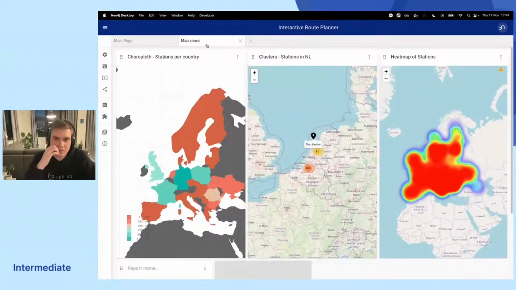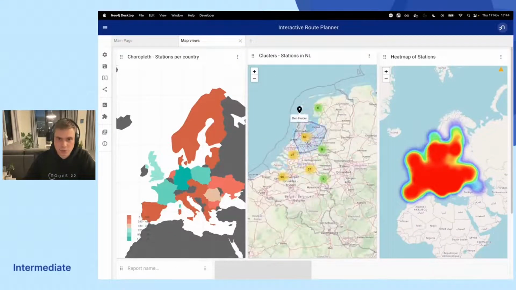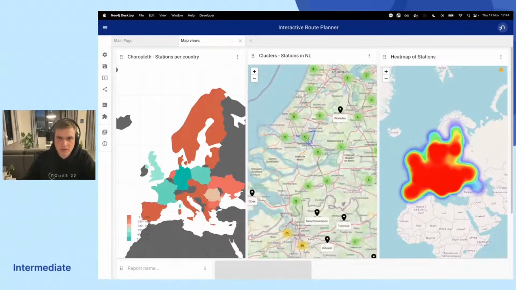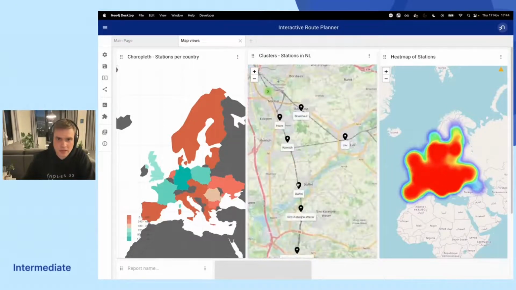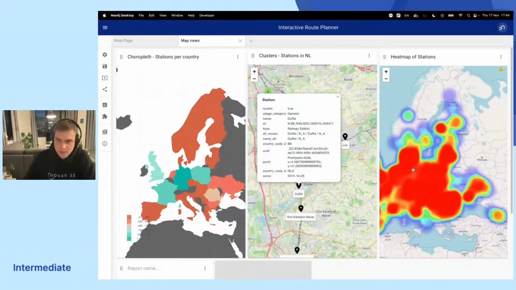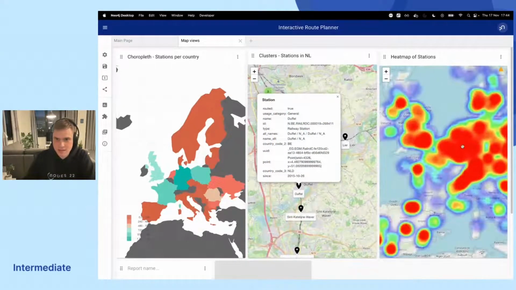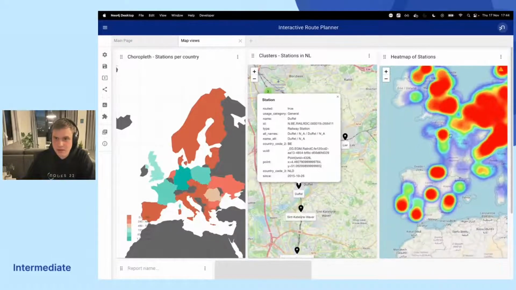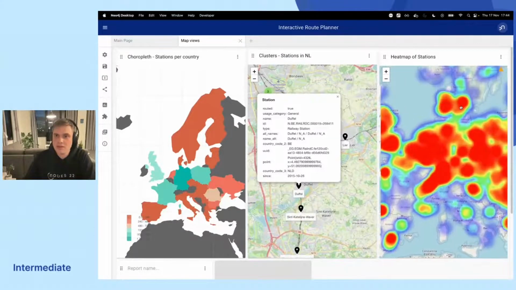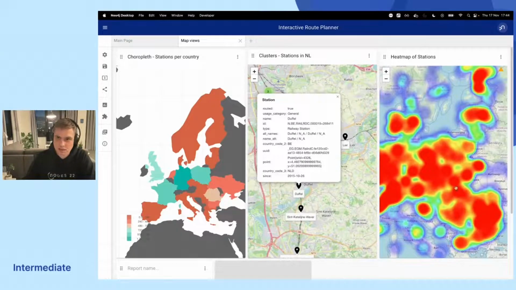So I just wanted to show you the other maps that we can see with NeoDash. So we have a choropleth map where we have the numeric values for each country. We can see the number of stations per country when you hover over it with some color coding. We can do grouping. So if I zoom in here, you see that it kind of aggregates the stations into groups. And if I click on it, it will zoom in and show me the individual stations on the map. And then the heat map, I can see the density of stations, right? We see that in Holland, there's a lot happening here. The center of France, not so much. So we can see the density of stations all over Europe.